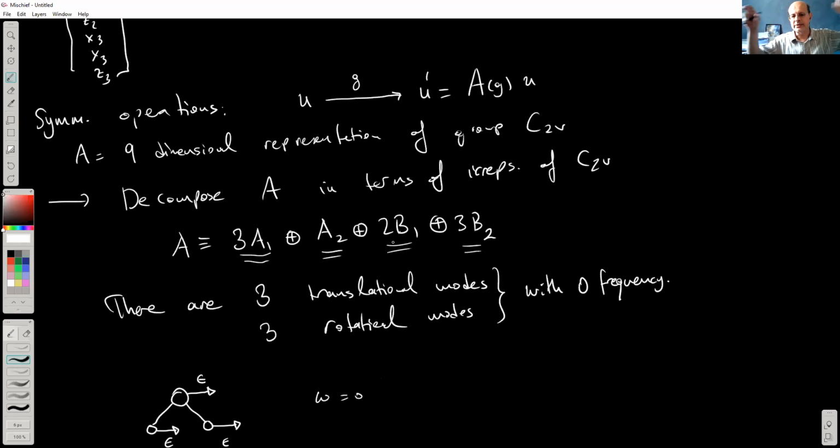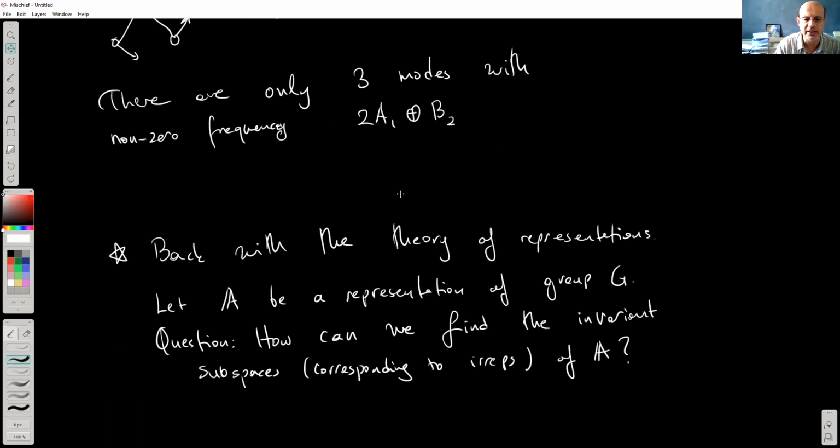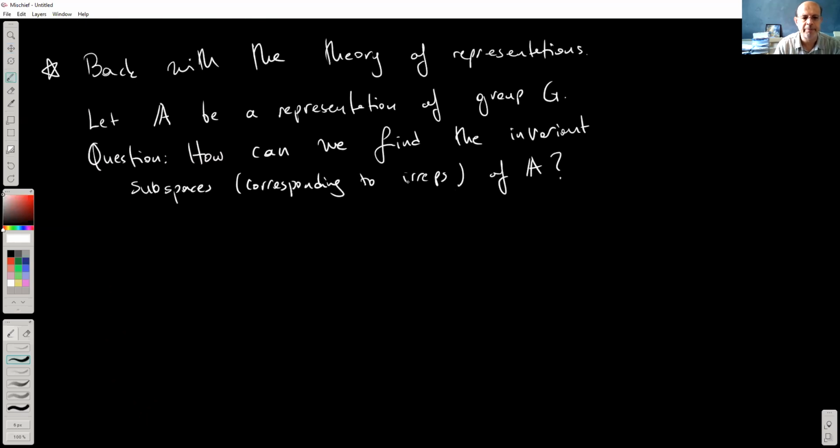For the two double oscillator problem, we could easily identify the invariant subspaces by just inspection. It was not difficult. But in a 9-dimensional vector space, that would be difficult. So there has to be a systematic way, and that's the one that I'm going to talk about in here. So the answer is,